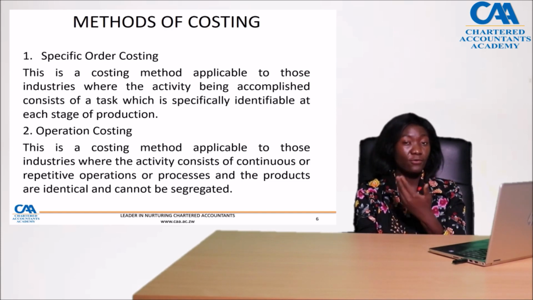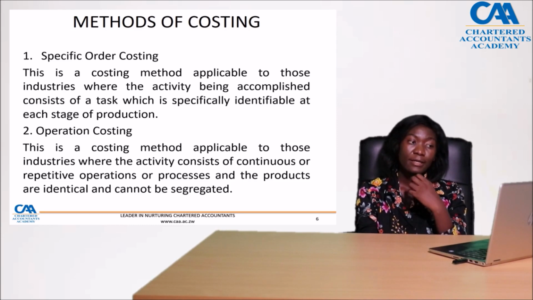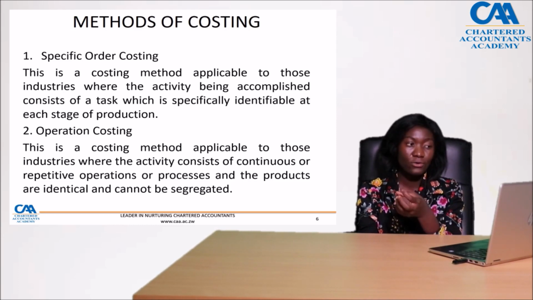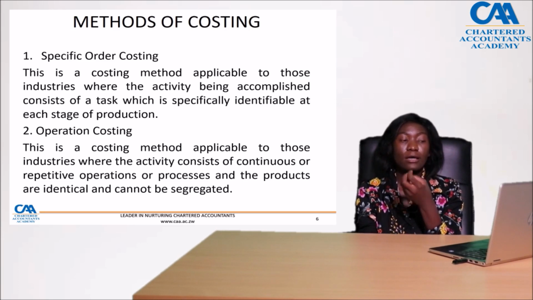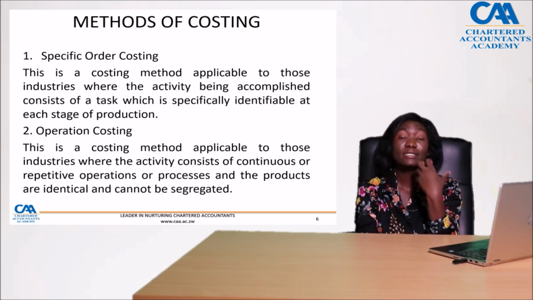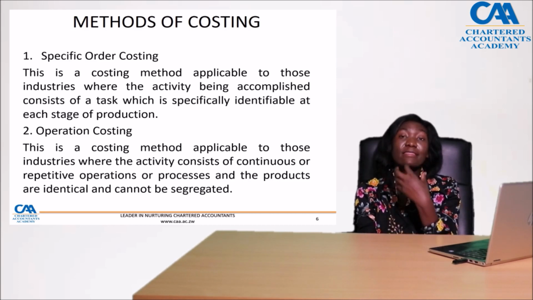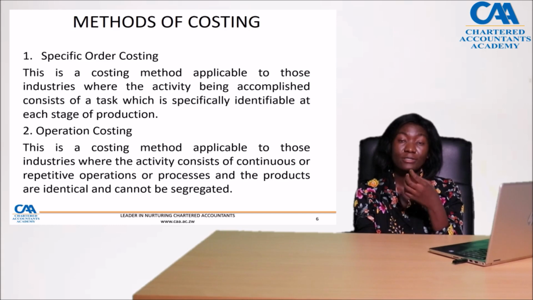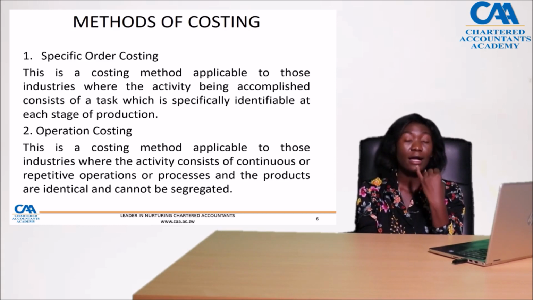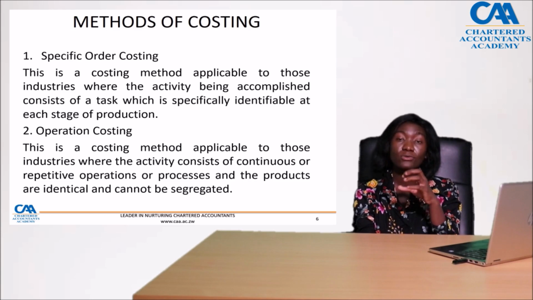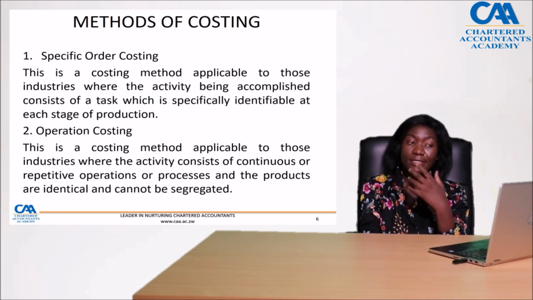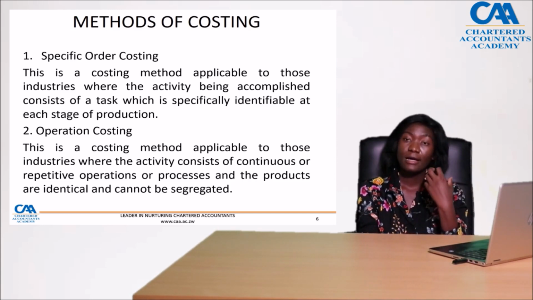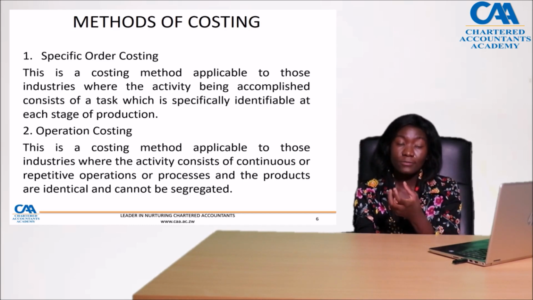So with this in mind, now let's discuss methods of costing. What do we mean when we say methods of costing? By methods of costing, we mean the procedures adopted to ascertain costs. So the method you adopt depends on the circumstances in which the accounting is required to be made, which is dependent on the product being manufactured and the nature of the industry. So what determines your method? It's the circumstances of the accounting method, the product, and the industry in which you are manufacturing your product. So depending on the nature of the business, that is the type of the product made, and the procedure or the process adopted to make it,